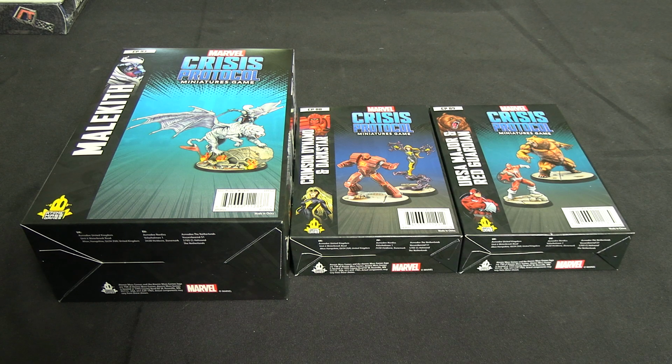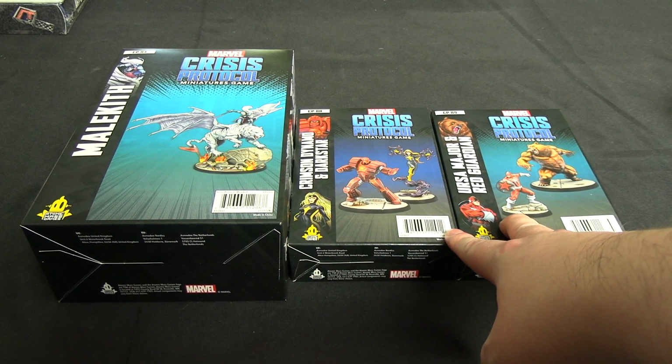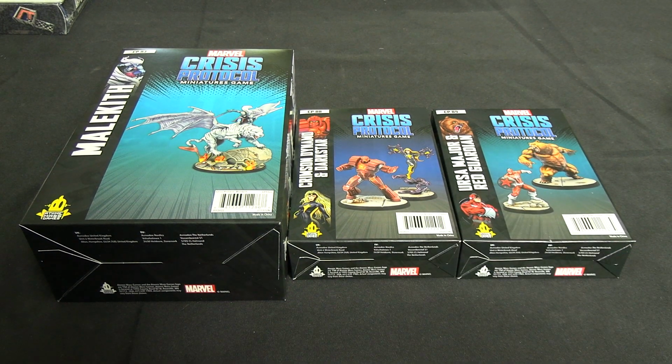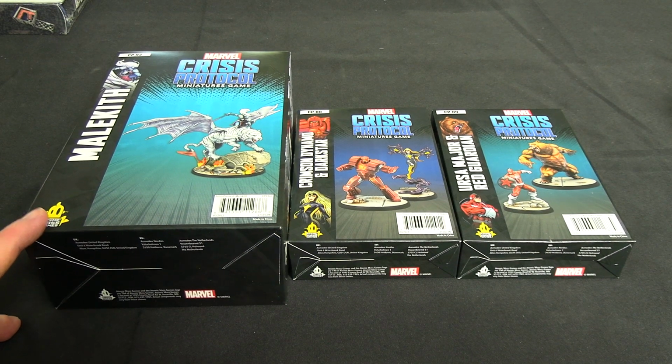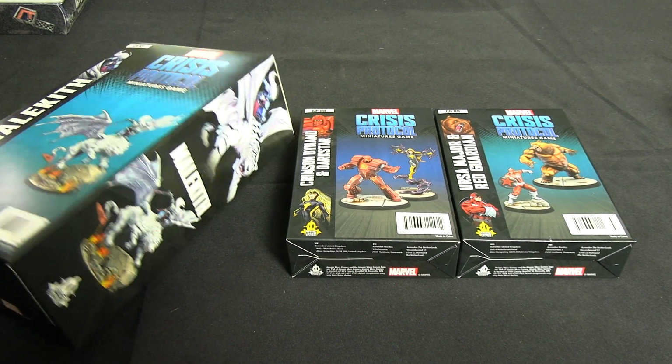Hello everyone and welcome to another Marvel Crisis Protocol unboxing with the latest releases. The Winter Guard have finally come to the game. I say finally because they've clearly been delayed at some point, because they have the old style profile cards. But we also have the Dark Elf Malekith, adversary of Thor and new Cabal leader, in a nice, large, chunky